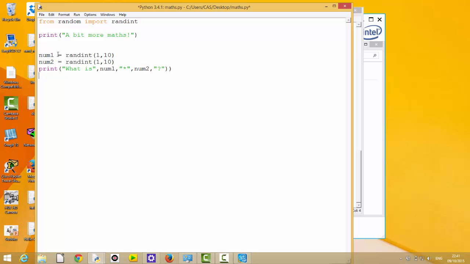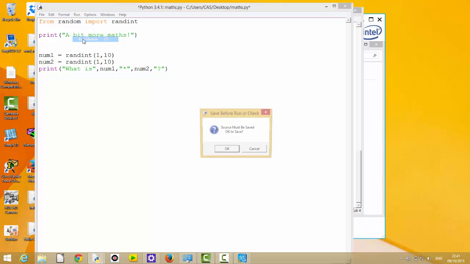So we're generating num1 and num2 as a couple of numbers, then we're printing what is num1, num2, and it should be asking it as a question. I've just noticed I've got an extra parentheses there, so I'll get rid of that. And if we run the module,